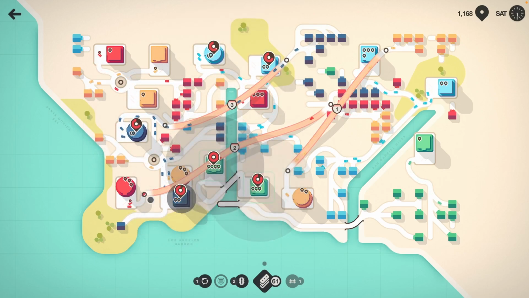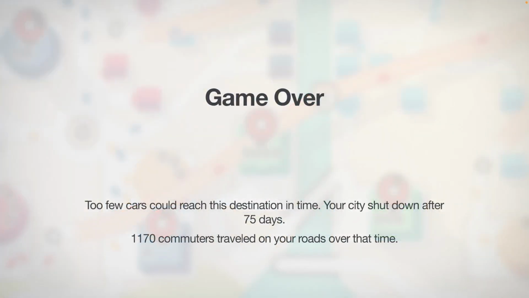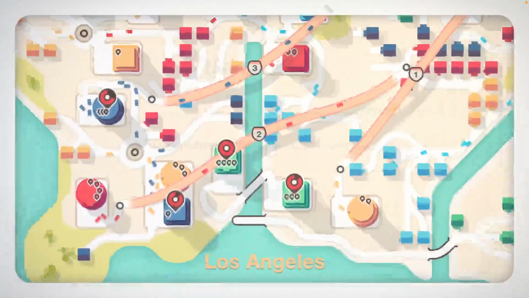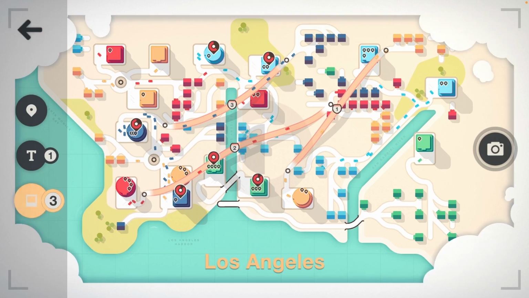This is the worst, actually, I've ever seen it. I've never had, like, 4 counters, and that is it. That is the end. Game over. We had 75 days of 1,170 commuters. Something I like about this game is the ability to take a nice screenshot where you can customize